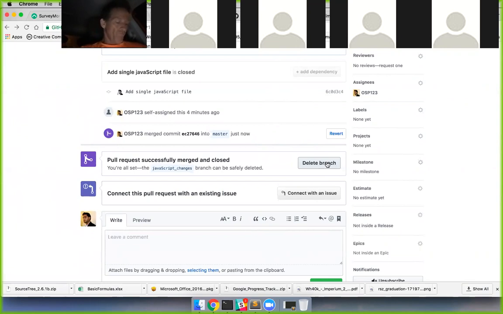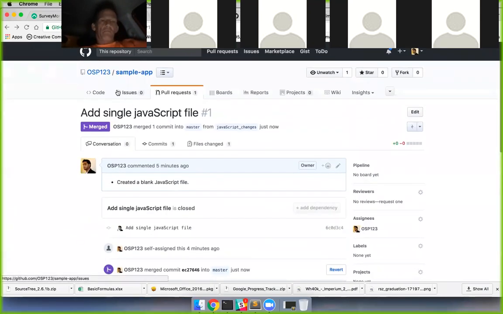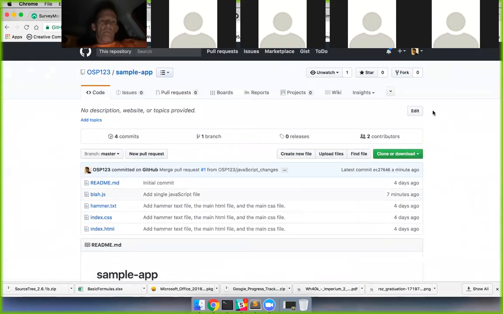Now, if I delete this branch from here, does it delete on my local machine as well? No, it only deletes from this GitHub repository, right? So in order for me to delete it from my machine as well, I'm going to delete this branch, and all the changes that I made are now in master, right? So if I go back to the application,